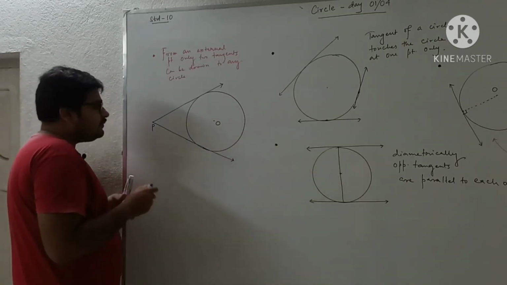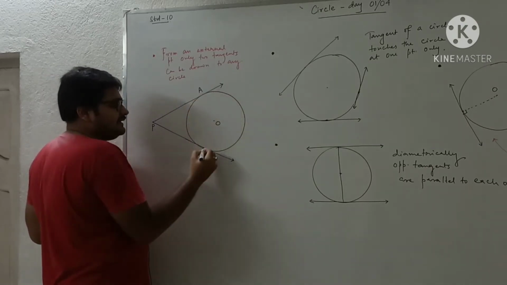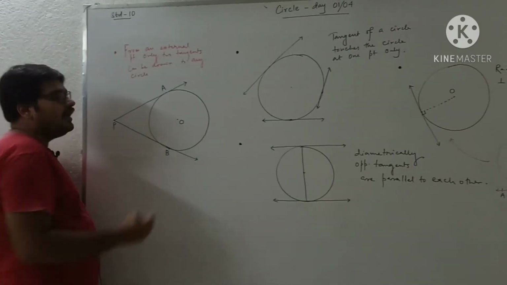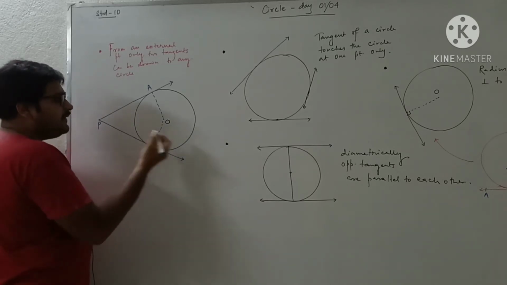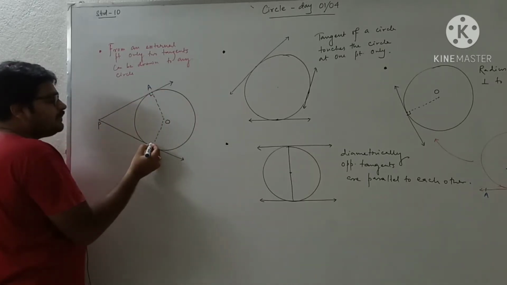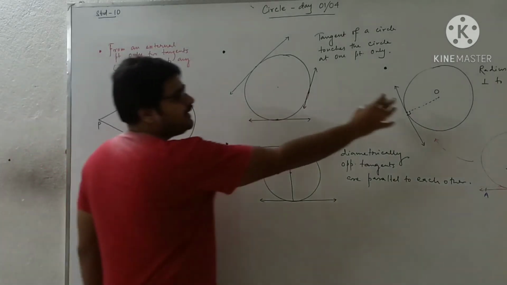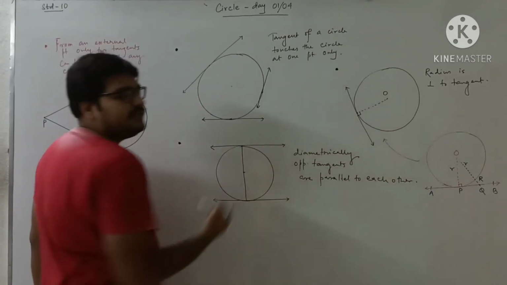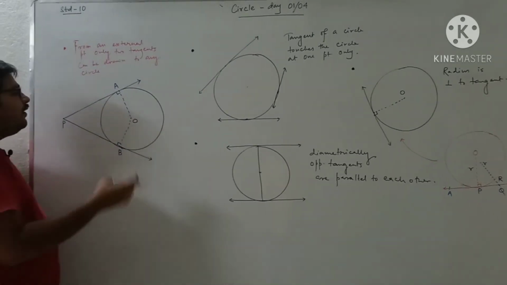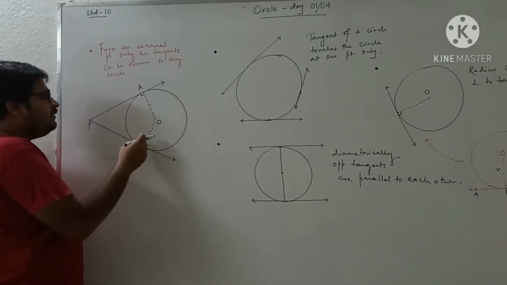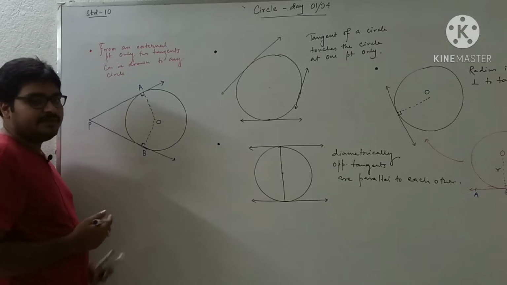Now, suppose the tangents touch this circle at the point A and at the point B. I have joined OA and OB. It is obvious that OA is perpendicular to PA and OB is perpendicular to PB, because it comes from the property that the radius is perpendicular to the tangent. OA and OB are both radii of the same circle, drawn to the tangents, so definitely these angles will be 90 degrees because they are perpendicular.